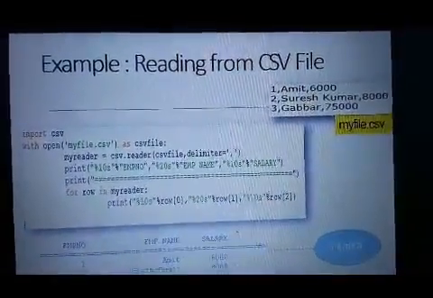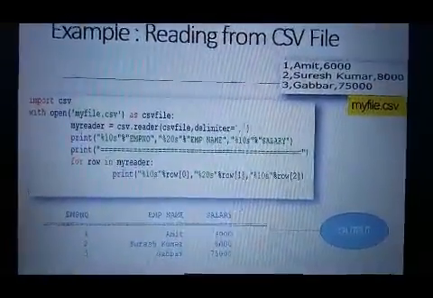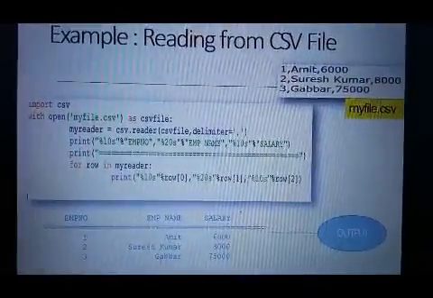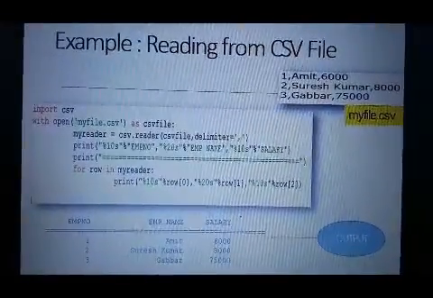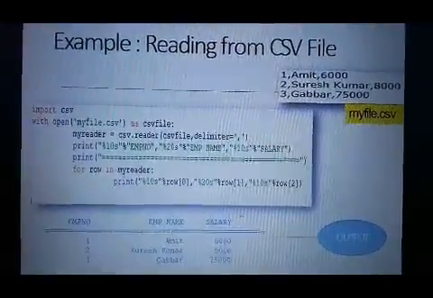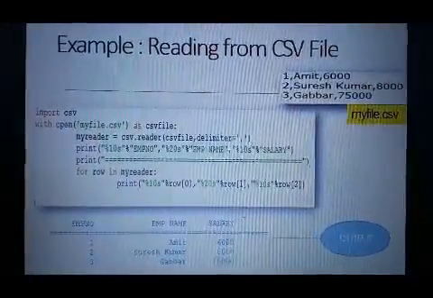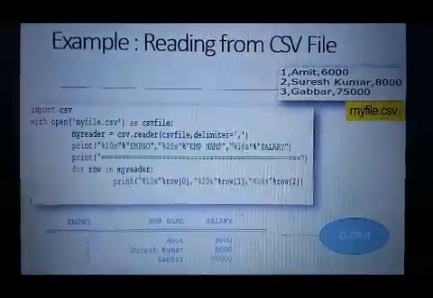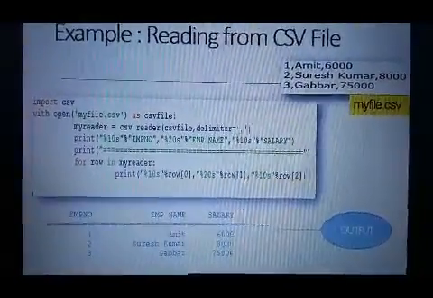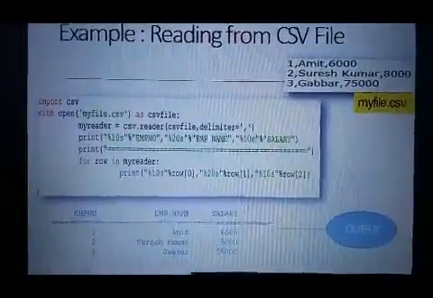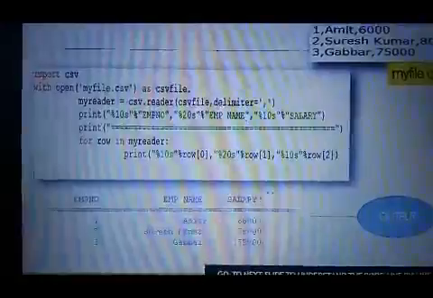It is a format operator. It is used for output alignment. Next we are allocating 20 spaces for employee name. Again we allocate 10 spaces for salary. So I am using a for loop, for row in MyReader, to print the row values. Row[0] is the employee number, row[1] is the employee name and row[2] is the salary. So see the output of the given program.